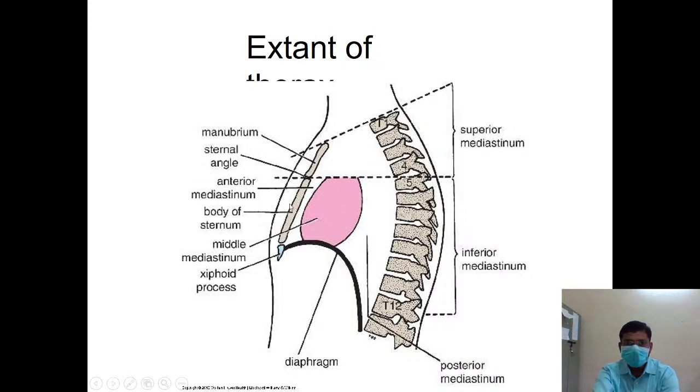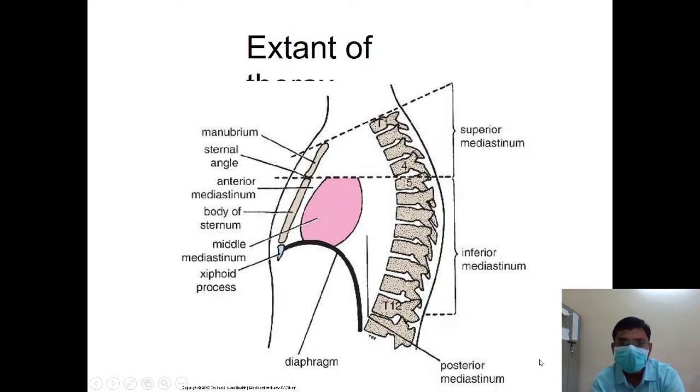Within this inferior mediastinum there are three more subdivisions. This is the body of the sternum, and the space between the body of the sternum and the pericardial region is called the anterior mediastinum. The one in the central region is called the middle mediastinum. And the posterior part, present between the pericardial region and the thoracic vertebrae,